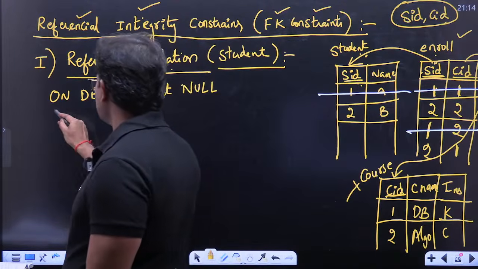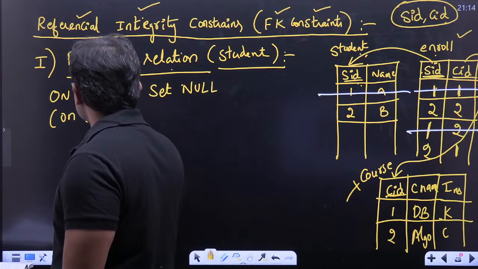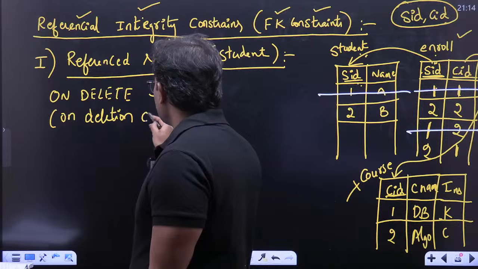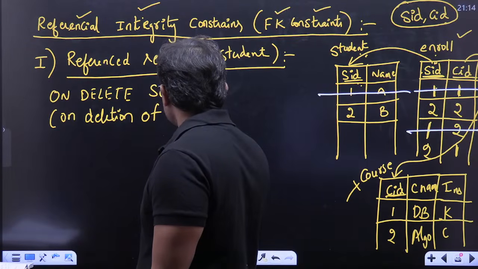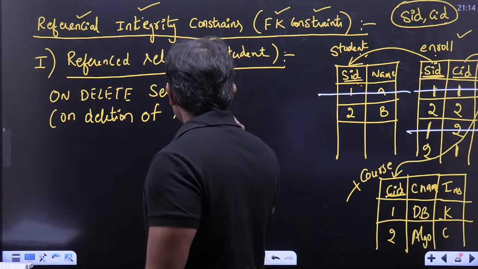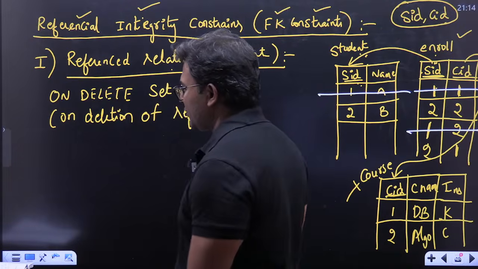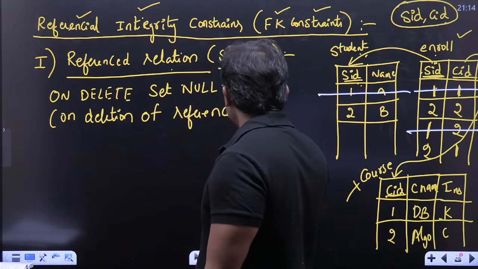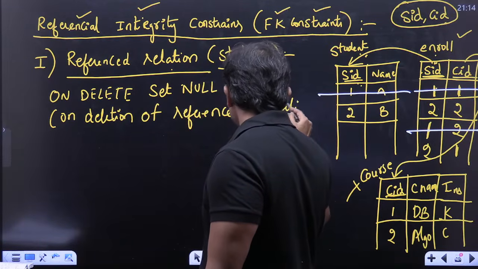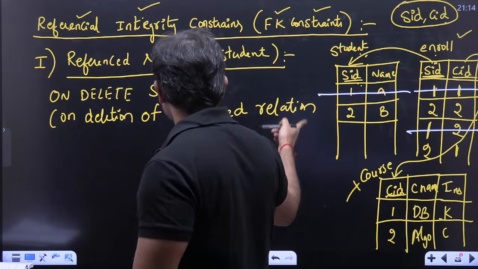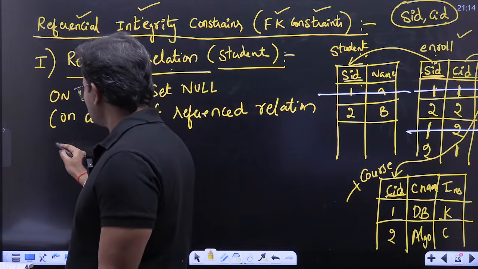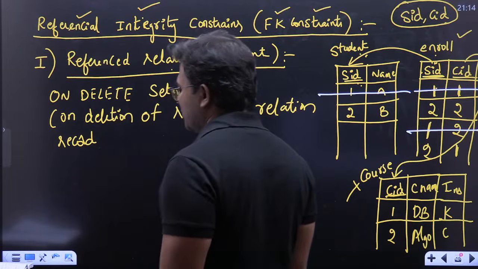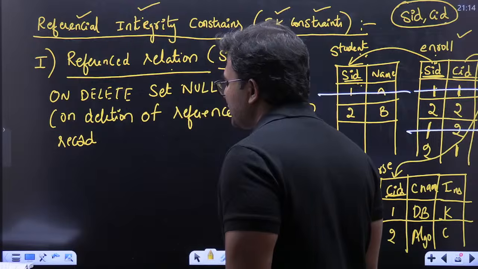What is the meaning of it? On deletion of referenced, which means the student table, referenced relation. They are all from the textbook. Okay, write it as it is: on deletion of referenced relation record,